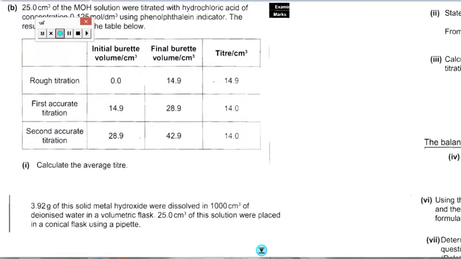Okay guys, so what we're going to have a look at now that we're able to work out number of moles in a solution, and we're able to work out concentration, and as we do dilutions and extractions, is some actual titration calculations. So the first thing that we're going to look at here is a question from the 2013 C2 paper for